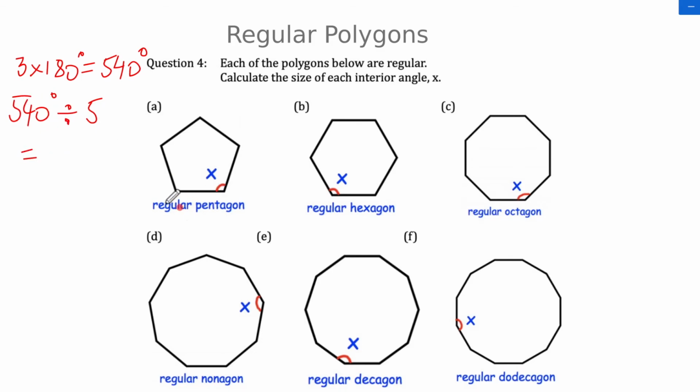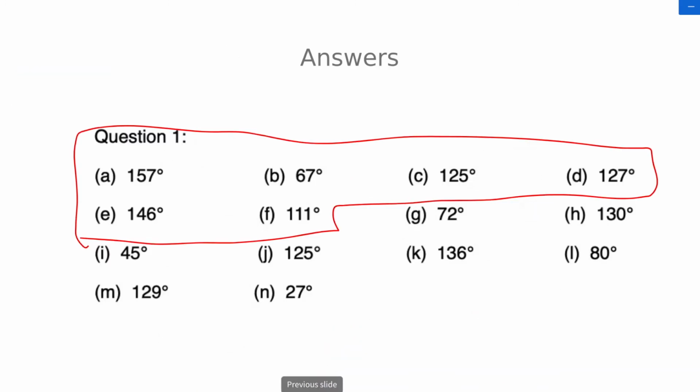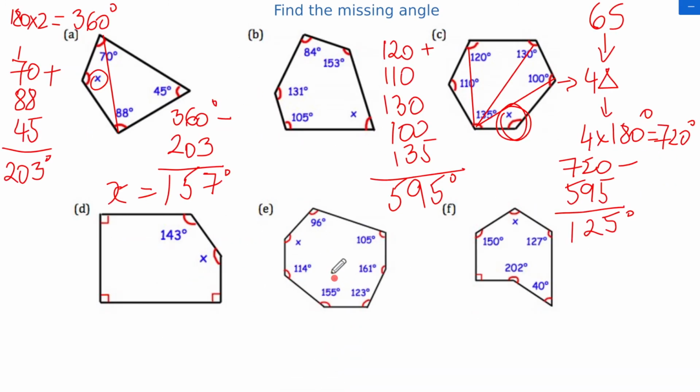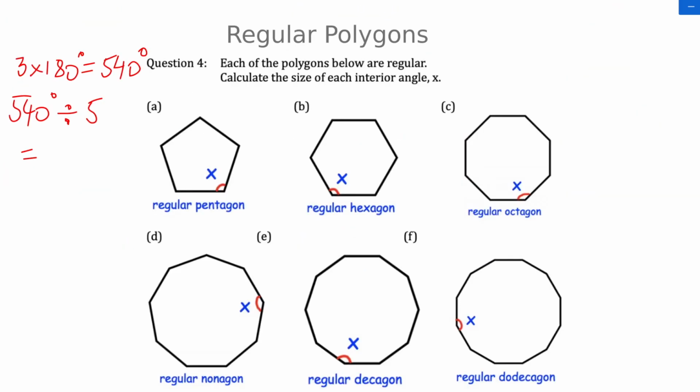And you can only do that with regular shapes because the angles are equal. If you don't have regular shapes, like these ones that were not regular, see, all of these sides have different lengths. So those are not regular, but these ones are regular. So here, you don't need to know the other ones. It's enough to just hear the word regular and pentagon. From the word pentagon, you can figure out that there's 540 degrees altogether. And from the word regular, you figure out all of these angles are